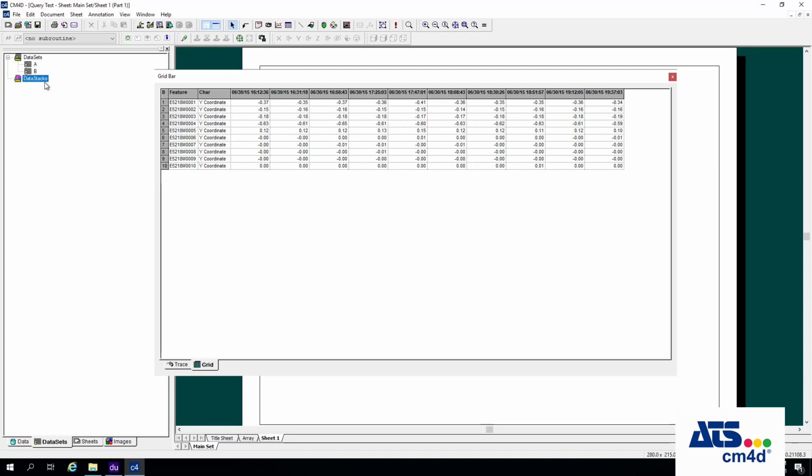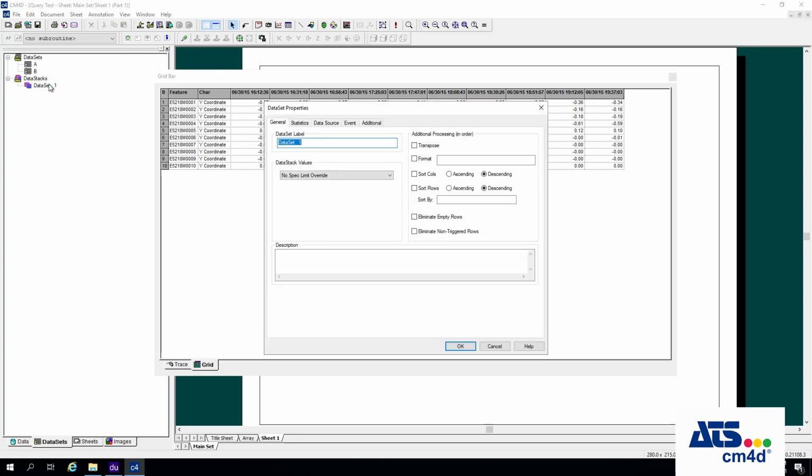To illustrate DataStacks, I'm going to click here in DataStack. I'm going to right-click and choose New Data Stack. If you notice, it says DataSet 1, but the object icon is a data stack object instead of a data set. A data set looks like a grid as the object, but a data stack looks like two or more grids superimposed on each other. That's because data stacks perform operations on data sets or other data stacks. It can manipulate data between two other groups of data. So to see that and see what options are different, we'll double click and go into